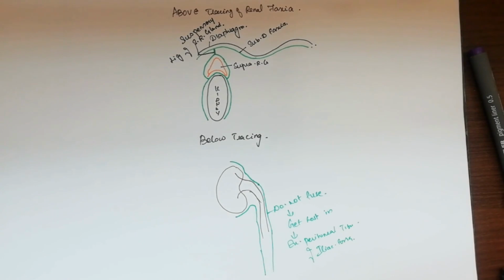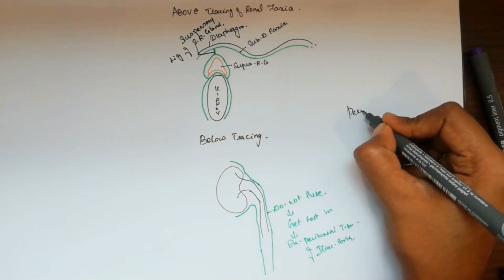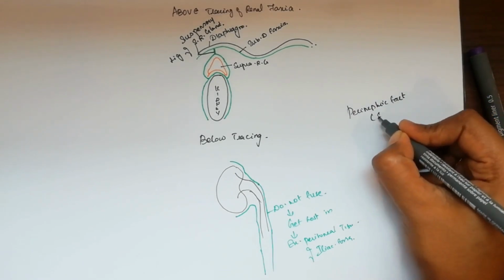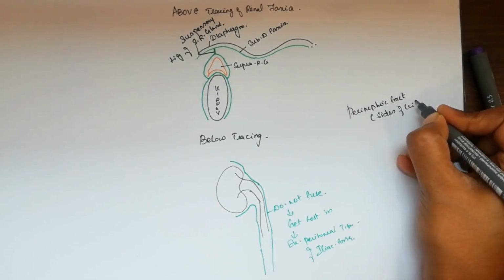We have paranephric fat. Same as the second layer, which is perinephric fat, the outermost layer is paranephric fat, and this fat is present between the renal fascia we have just dealt with and the thoracolumbar fascia. Between the renal and thoracolumbar fascia we have this paranephric fat, which is abundant on the posterior surface of the kidney. Perinephric fat is the second layer of covering, which is seen on the sides of the kidney.